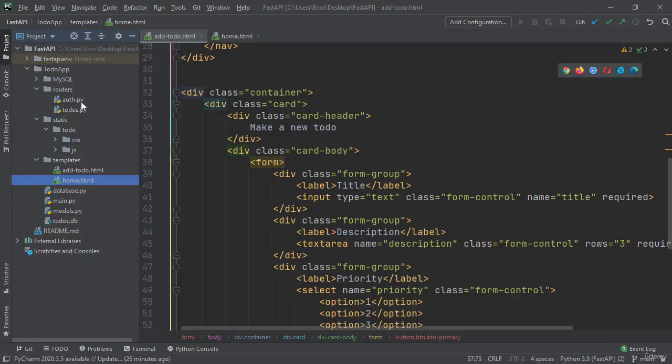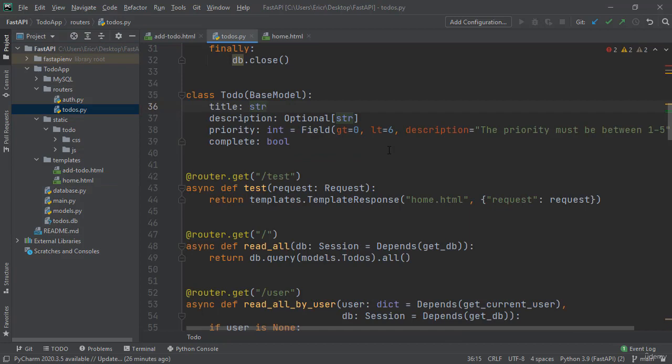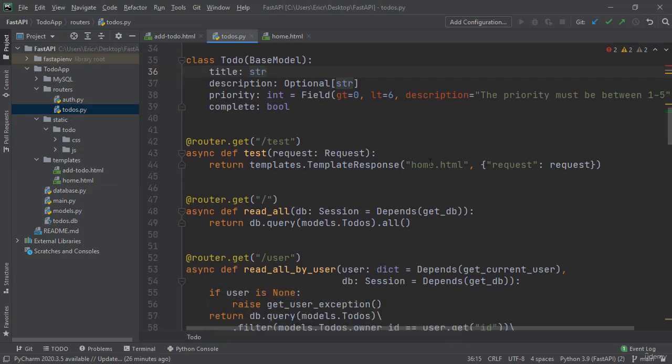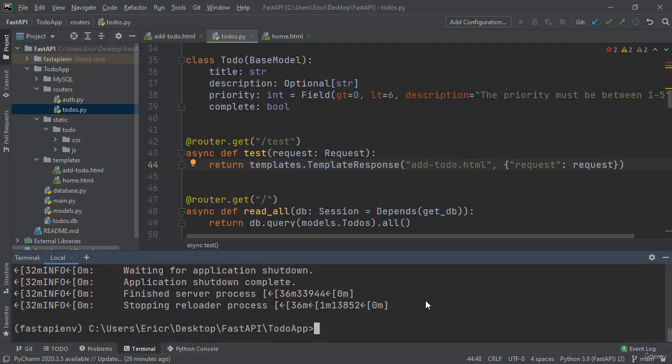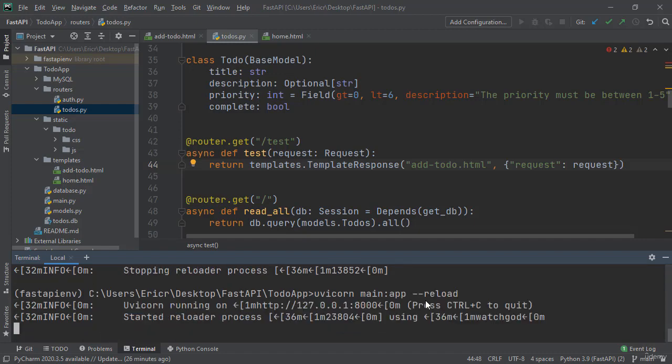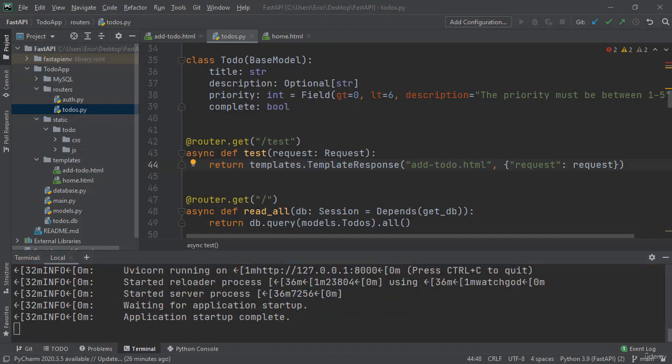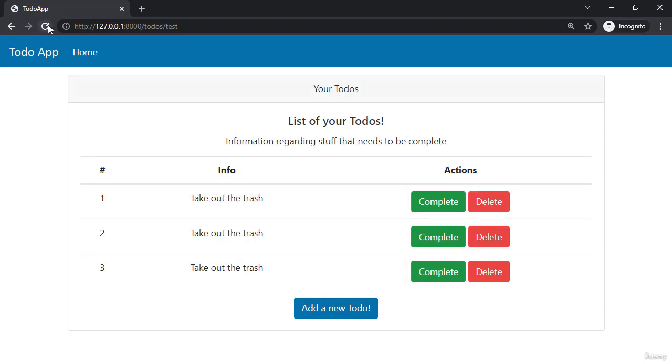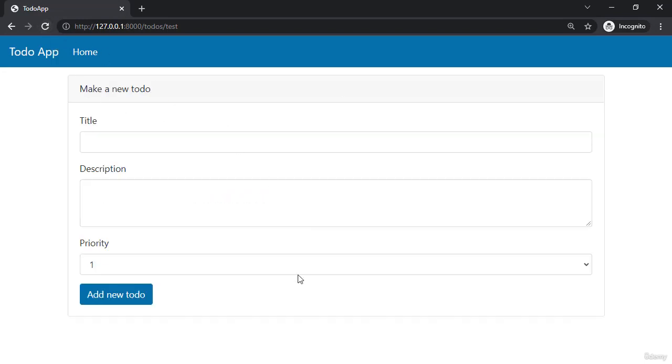Let's jump back into our todos.py file, and let's just make sure this test site is going to render our add to do.html and not our home.html. Render up our server. Open up our web application and refresh the page. And voila, we see we have a make a new to do with a nav bar with a title, description,